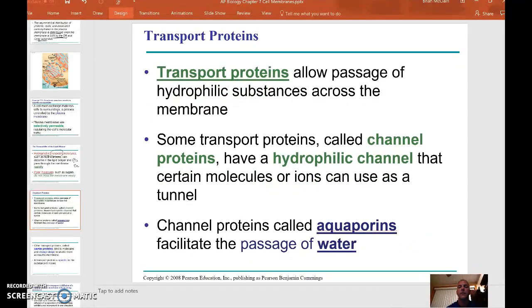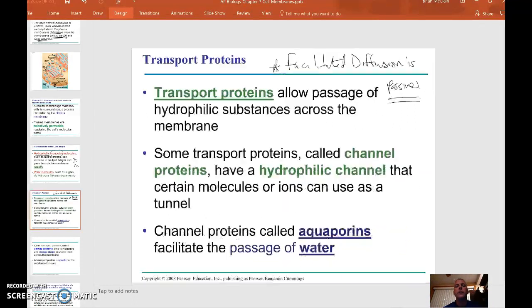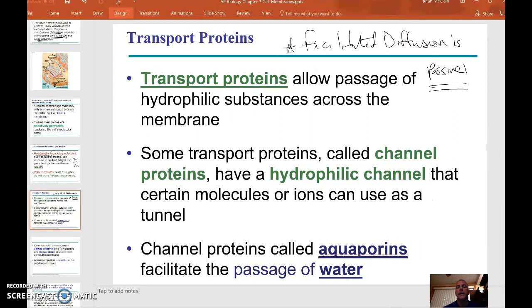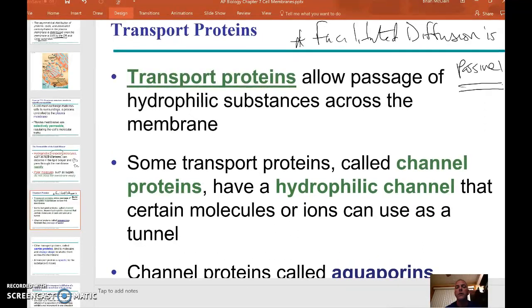And the key thing to remember is facilitated diffusion is passive. Okay, facilitated diffusion is passive. So the same thing that's driving our normal simple diffusion or osmosis is a concentration gradient, and that's true with facilitated diffusion. So the big difference is whenever you have facilitated diffusion, you're talking about molecules that are either